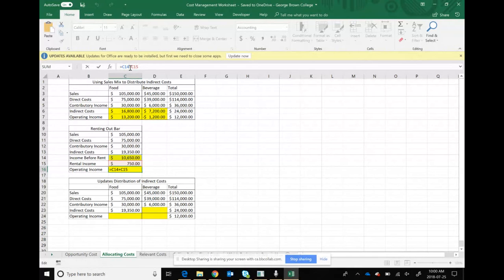As long as your bar is not a huge, massive, crazy bar, you're probably going to come up with a low percentage, probably like 10%, right? Use those percentages to allocate your